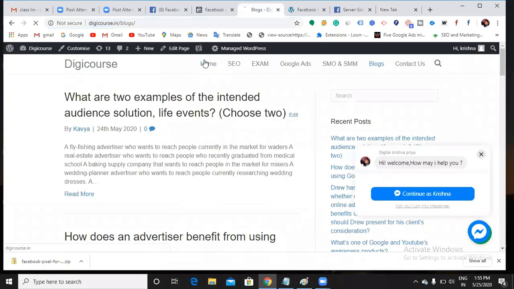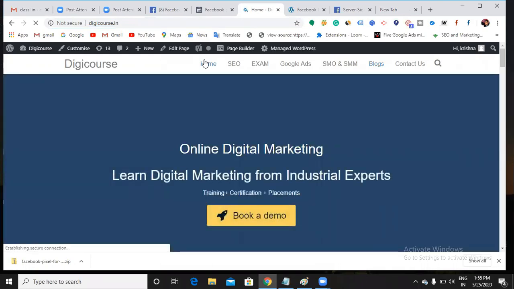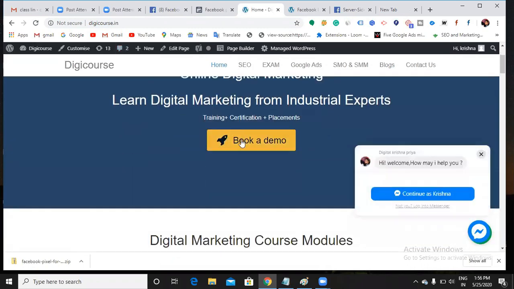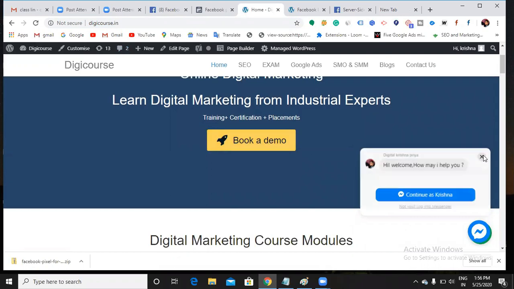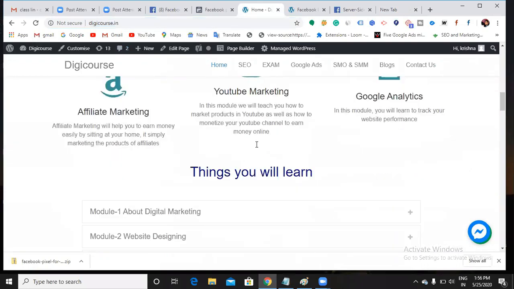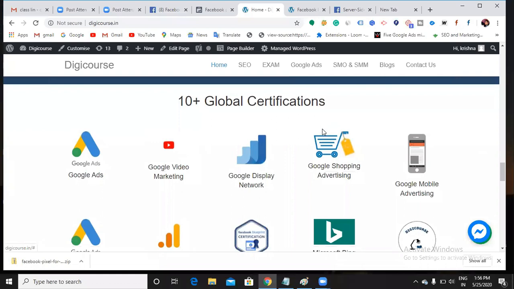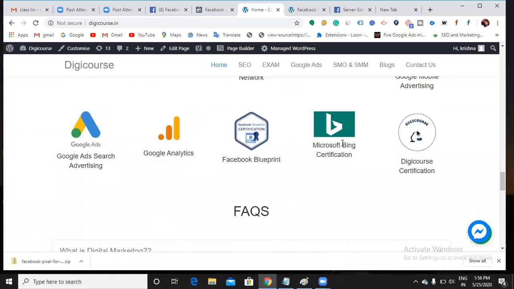Now I can track the events also, a particular action as well. Say a person has been to digicourse.in. I want to track how many people clicked on this book a demo, how many clicked on this send button, how many clicked on this link.